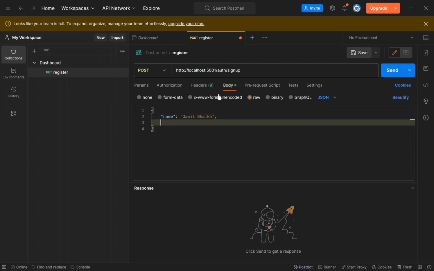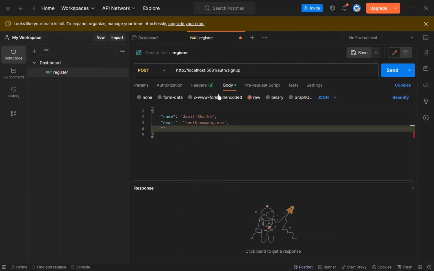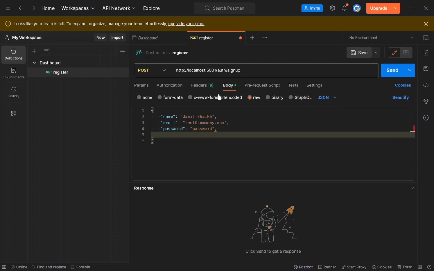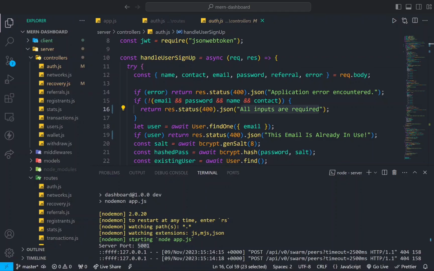All right. And then I'll move to email and I will just say test, doesn't matter, company.com. And I can just set a password and contact. So if I send the request without the contact and if I have a validation inside of